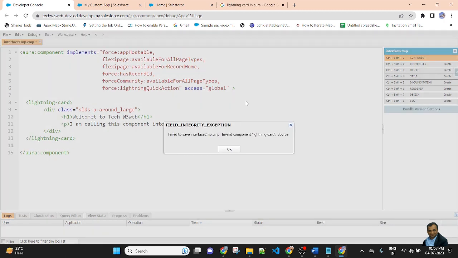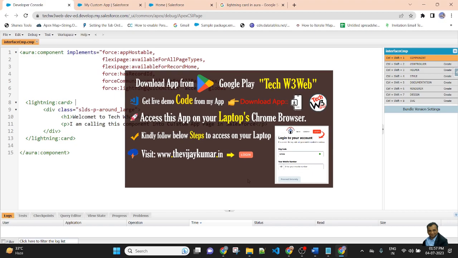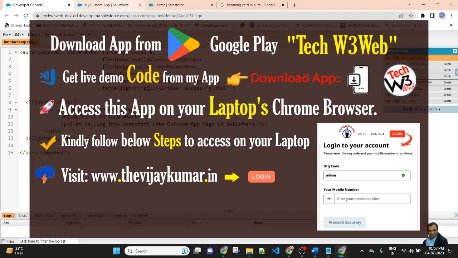Whenever I am saving this file, I am getting an error at the lightning card. In the Aura component, there is no dash here. Instead of the dash, I will use a colon, then save and go to Salesforce.